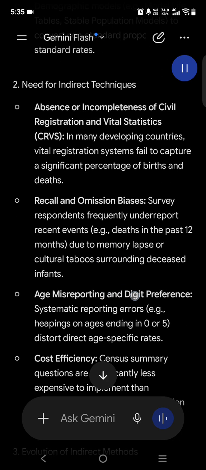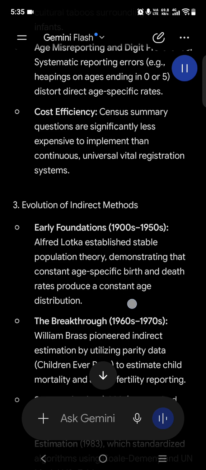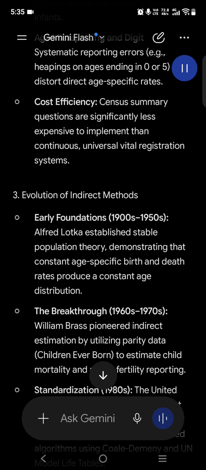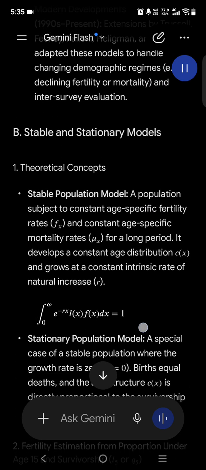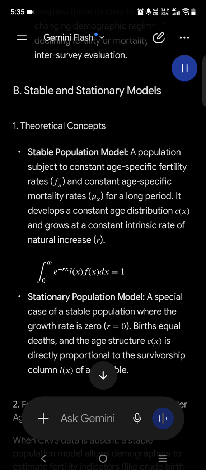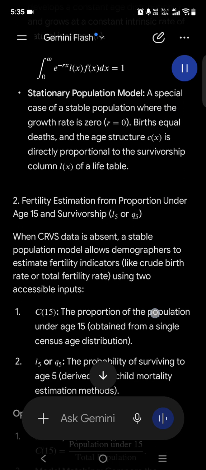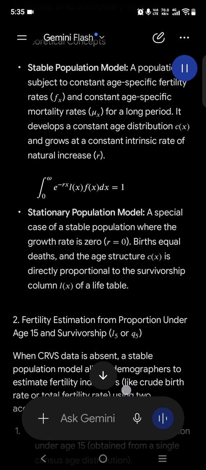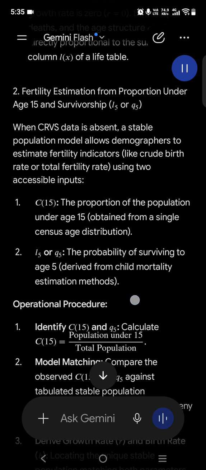Indirect demographic techniques are analytical methods used to estimate fundamental population parameters, such as total fertility rate, TFR, infant mortality rate, IMR, expectation of life at birth, e_0, or net migration, using incomplete, defective, or non-traditional data sources. Unlike direct estimation, which calculates rates by dividing reported events by person years at risk, e.g. CBR equals registered births over mid-year population times 1000,